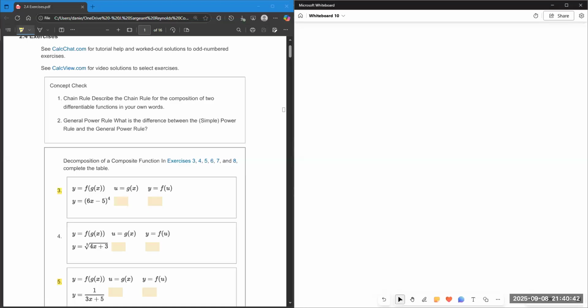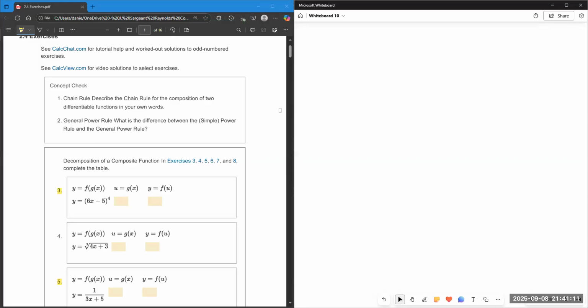Right, in this video, we're going to talk about suggested homework exercises from 2.4, and we'll be talking about the chain rule. The chain rule is going to be used to help us differentiate compositions of functions. So we're going to first figure out decomposing these compositions to figure out what's inner and what's outer,